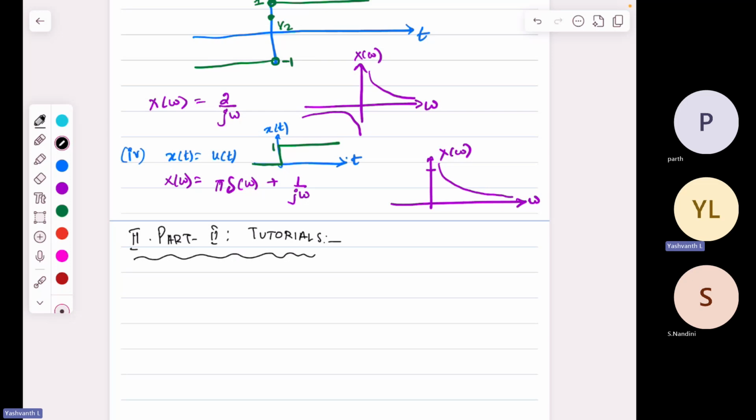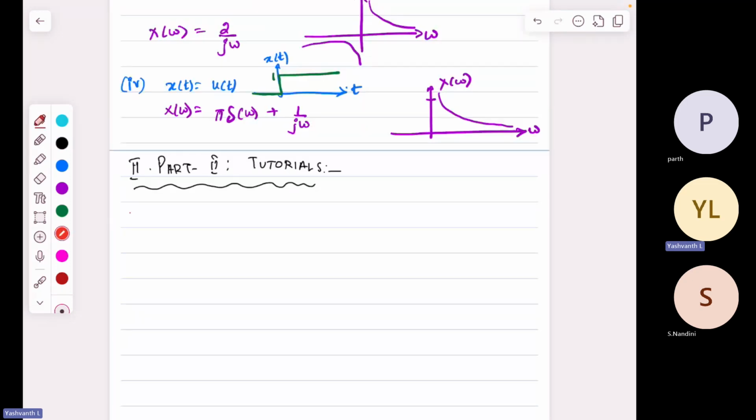So now we will start with our problem solving session. What I have decided for this week is to solve in real time, because I felt that there are many things that have to be explained. So I thought I will solve in real time. Okay, so the first question is,